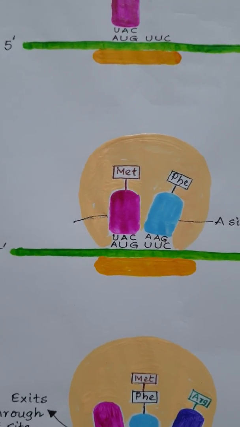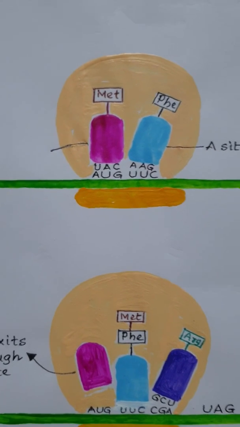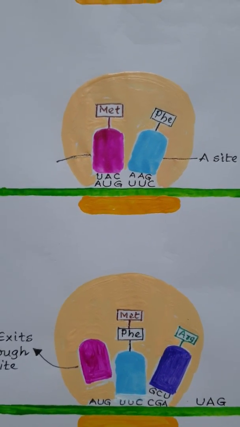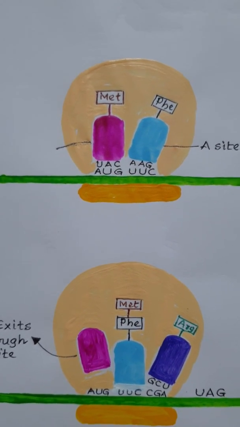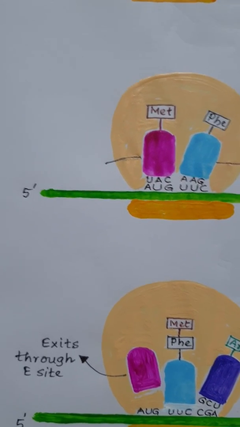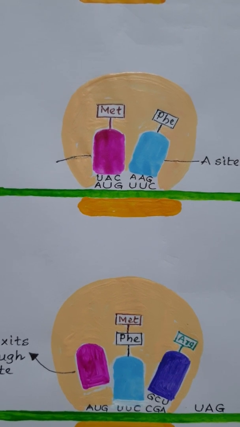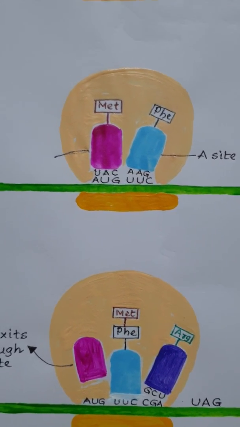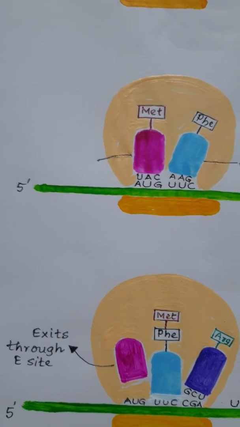Finally, we arrive at termination. The termination of polypeptide synthesis occurs here in the picture. It occurs when the A site of the ribosome encounters nonsense codons like UAA, UAG or UGA, which no tRNA is able to recognize. In this process,